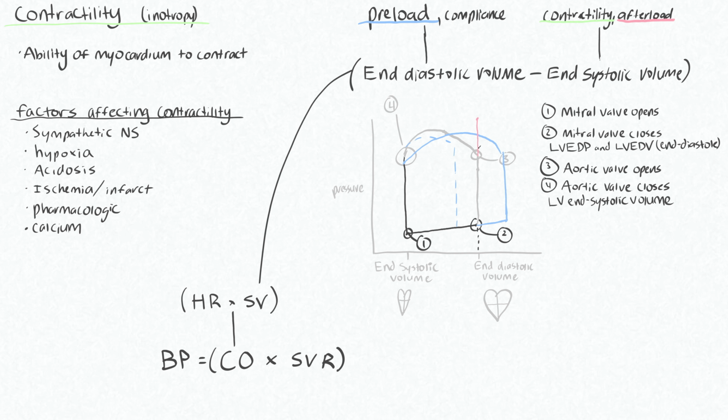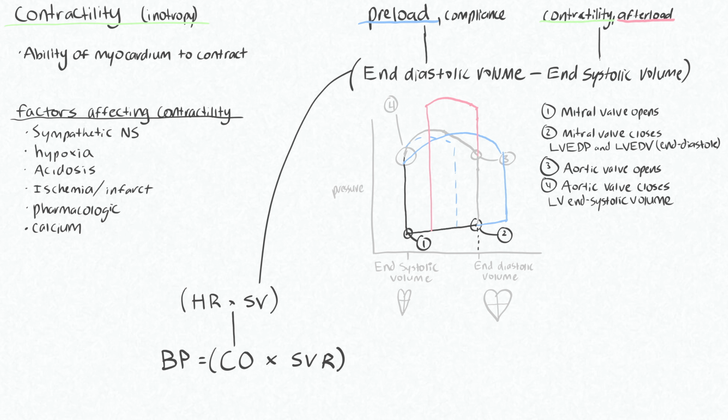So with a high afterload, you'll need to generate much higher pressures before your aortic valve opens and you start ejecting the blood here. And because you need a much higher pressure for this, the work that your myocardium is doing is higher, and there's more resistance to ejecting this blood. So you're not able to eject as much as if you had a lower afterload. So your end systolic volume will be higher because your stroke volume is relatively smaller when you have this high